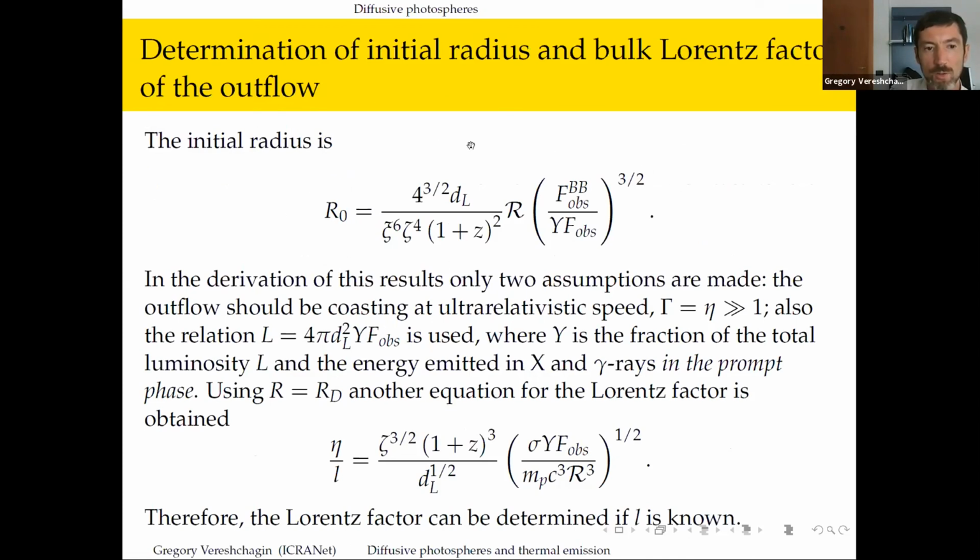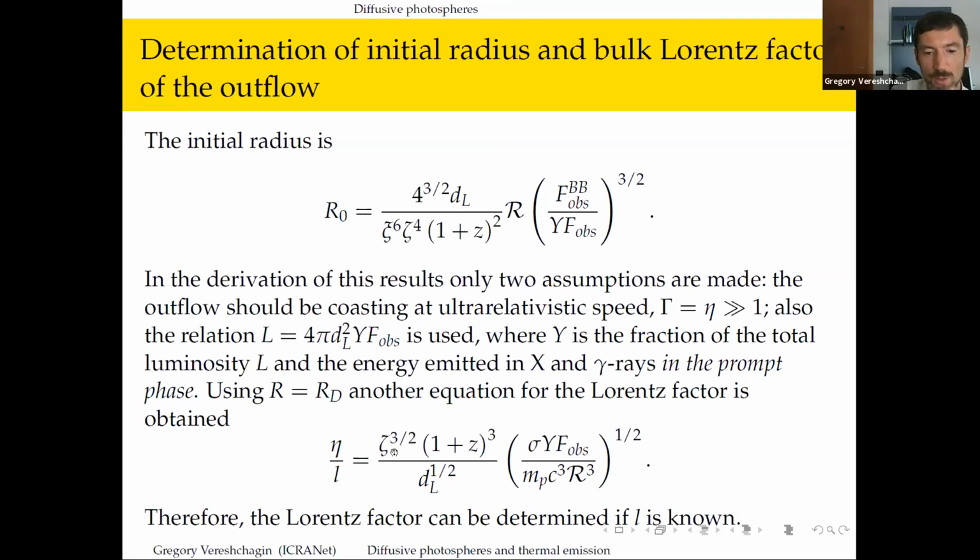And of course, immediately from this observational parameter, knowing the redshift, you can find the so-called nozzle radius or initial radius of the flow. This is easy, but how can we obtain the Lorentz factor from these observations? We need to rely on this relation between the luminosity and the observed flux, which contains the fraction of the total luminosity, let's say the energy released in X and gamma rays in the prompt phase. Keep in mind, this is a different phase. So just taking the emission radius to be the diffusion radius defined above, we obtain the Lorentz factor, or the entropy,